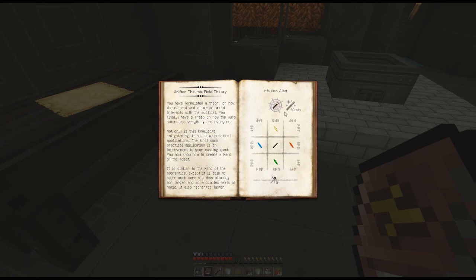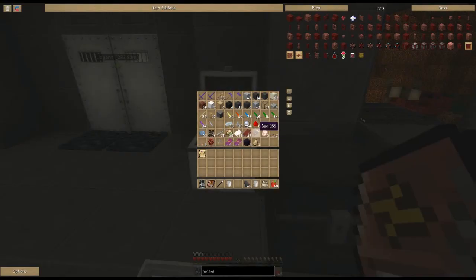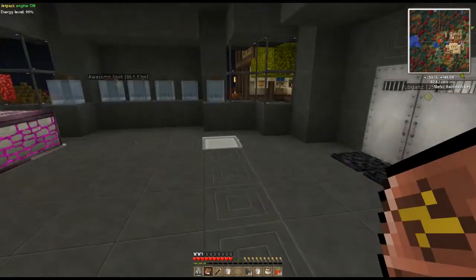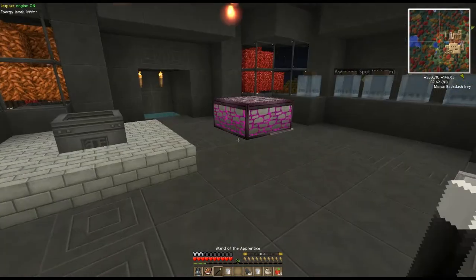Unithomic field theory. And by the way, I need to make this wand. The wand of the adept. So let's do that actually. We need magic, wand of the apprentice, which I have, and then yellow, blue, red, and green, was it? Yep. So we're going to take our wand of apprentice and we're actually going to...